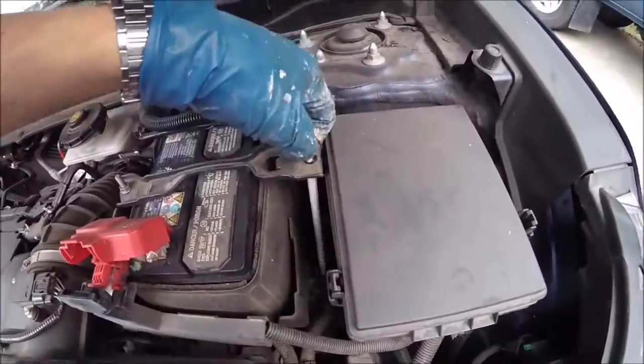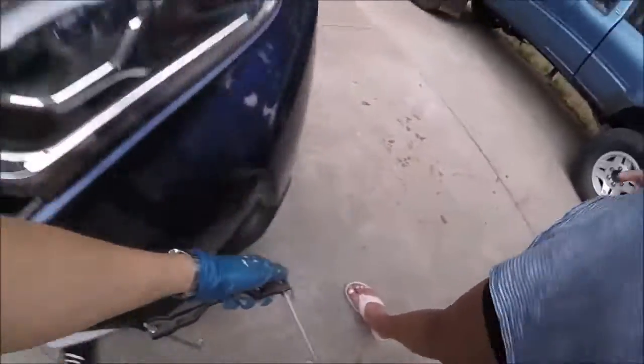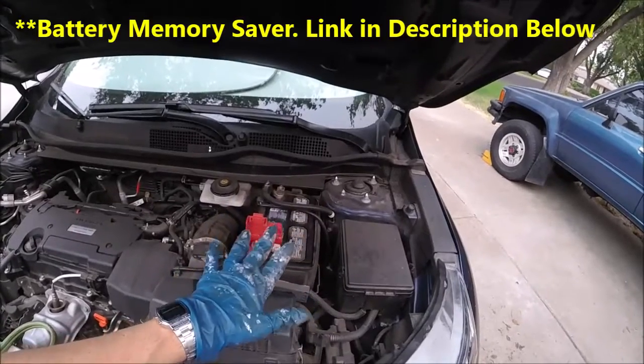Once it gets loosened up, should be able to pull that bottom out on that side, and then on that side it comes out as well. It just hooks into a little hole on the side. Set that aside. And now we're going to disconnect the battery, but before we do, they actually make a tool